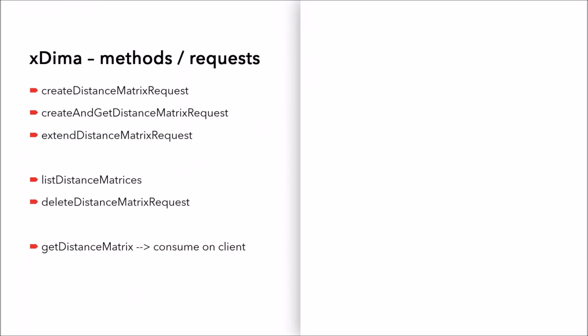So as I said, get distance matrix is the method you need to ask for distance matrix values on the client side. Now let's compare them to SQL statements. The first statements, the create values, are like insert statements. The second one is like an insert statement, and afterwards it's a select statement, and then it's a delete. The third statement is